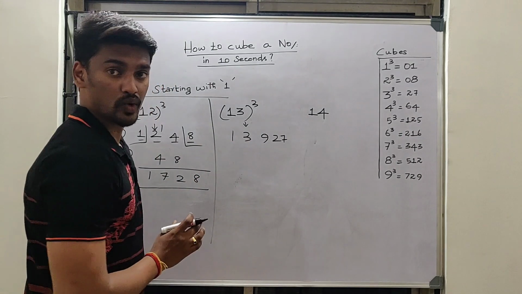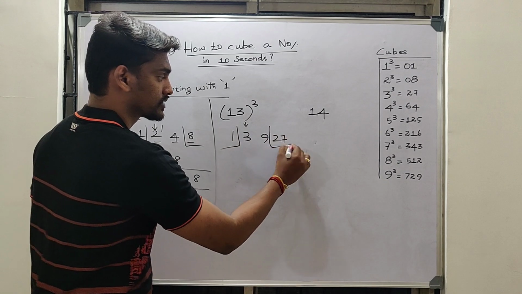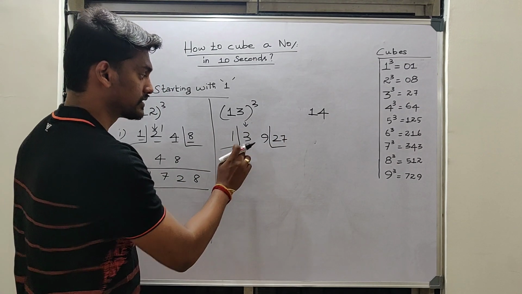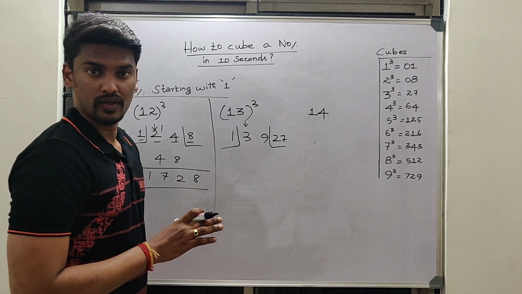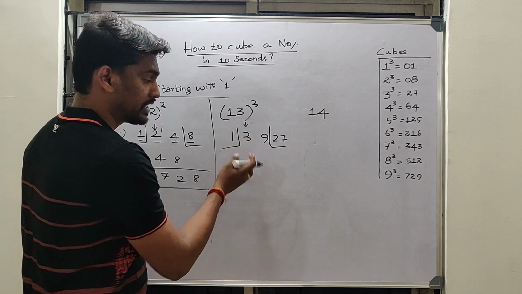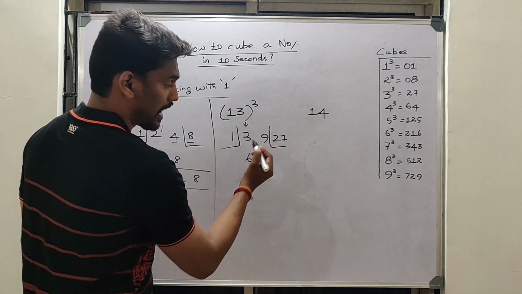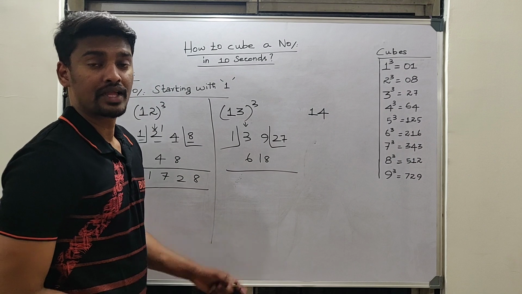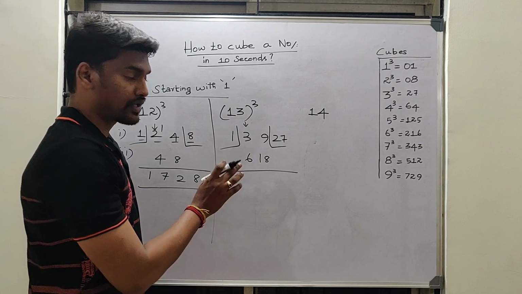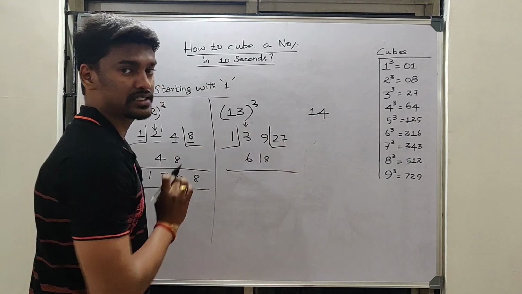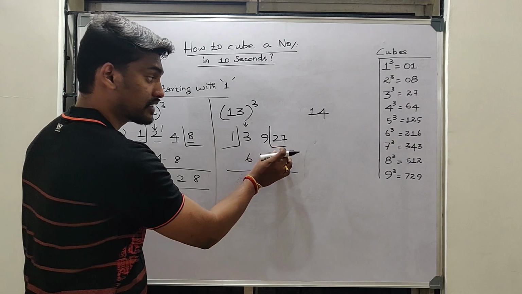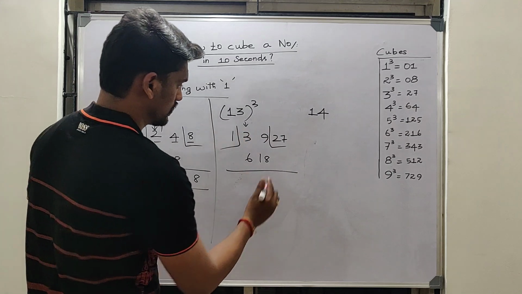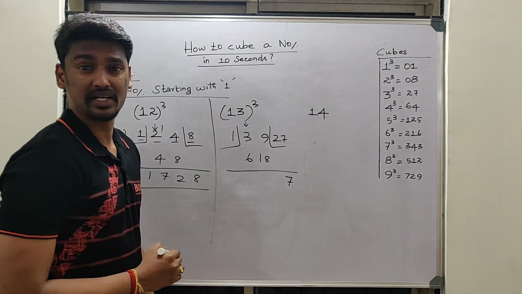In the second step, I will be neglecting the first and the last number, and I am only going to take the middle 2 numbers which are 3 and 9, and then I am going to double them. So 3 into 2 is nothing but 6, and 9 into 2 is nothing but 18. Then a normal addition. But while adding over here, what you have to look at is that there is a 2-digit number present over here. Whenever there is a 2-digit number, you have to take only the unit digit. So 7 is the unit digit over here.